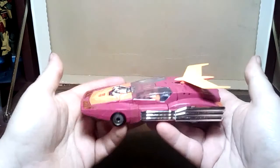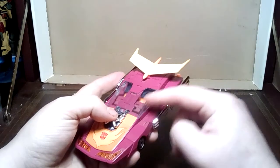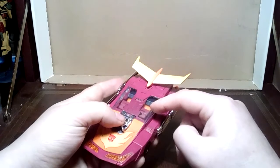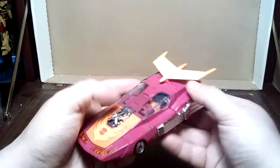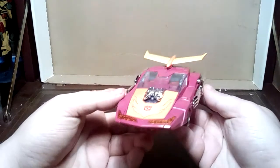This is Hot Rod. One of the things that this knockoff's got is this window's supposed to be a darker blue, so you can't really see through it. And if that was the case, it would look a bit better, because at this angle it looks like there's nothing there, but look, it's definitely there. But other than the darker blue, this is spot on. This is Hot Rod, completely. I don't know if I need to adjust this lighting so you can see it better, but...